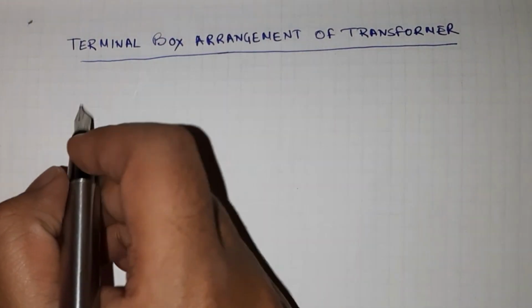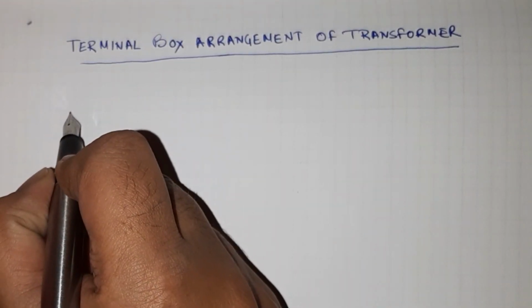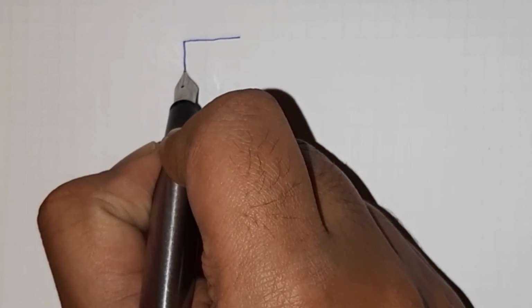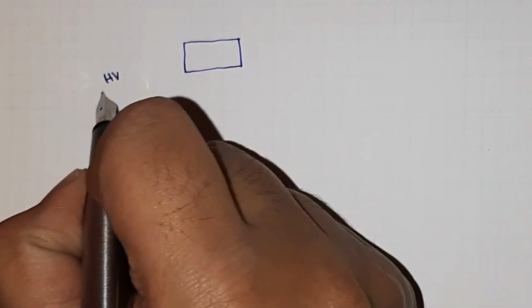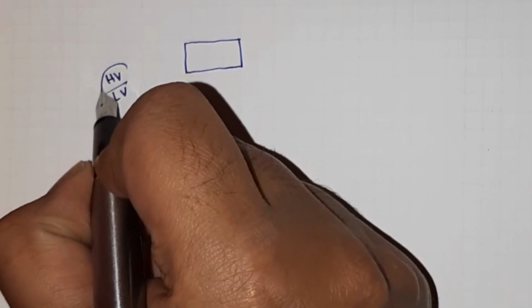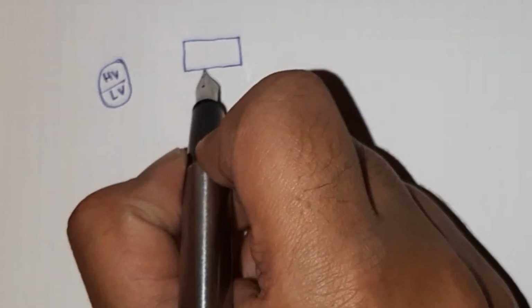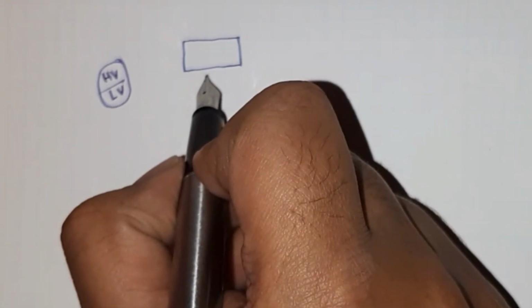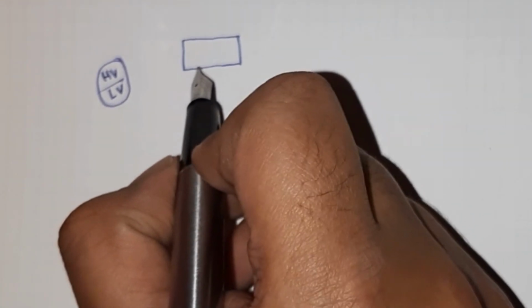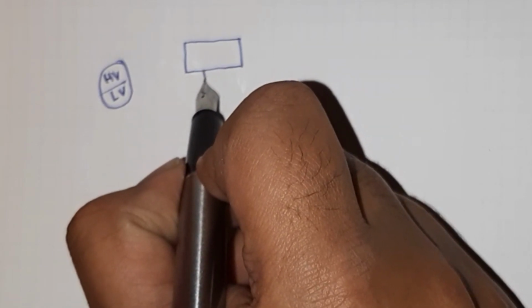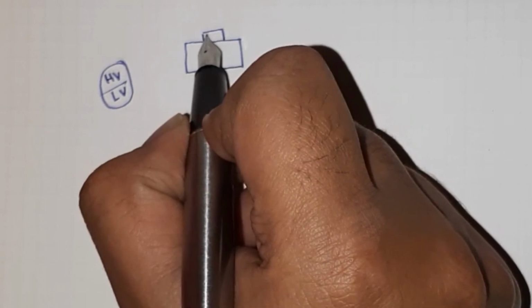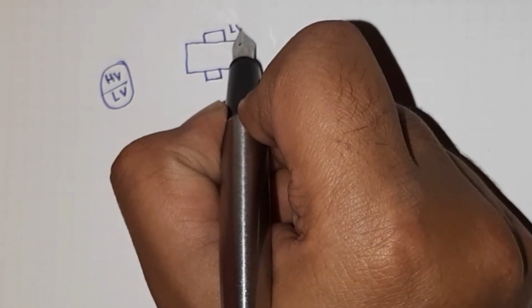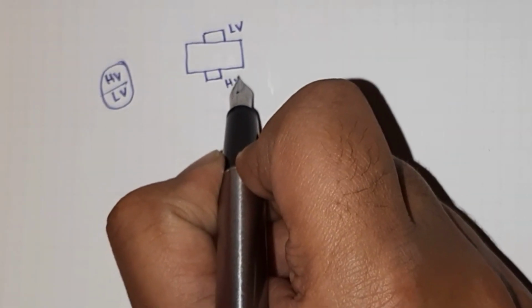So suppose this is a transformer. Okay, this is an LT transformer. A transformer has, we know, HV winding and LV winding. Those will be terminated at the terminal box, practically. So in general, what is the arrangement of this type of transformer? The HV and LV boxes are kept 180 degrees apart. In general, that is a general practice. So this is the LV box and this is the HV box.